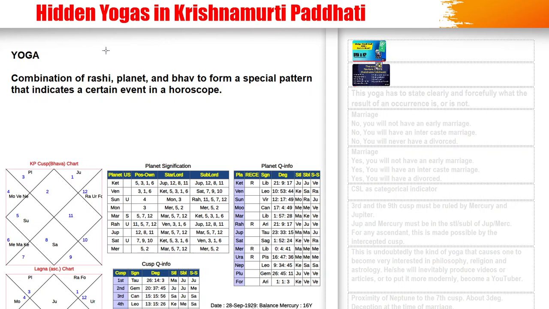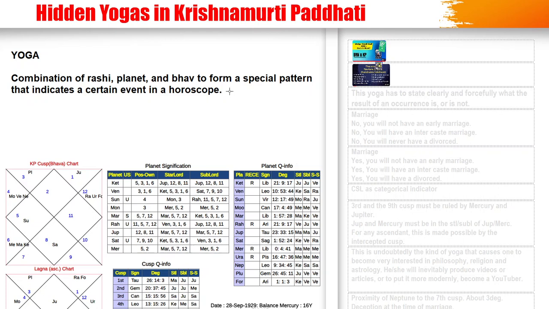So what is a yoga? We can say that a yoga is a combination of rashi, planet, and bhav to form a spatial pattern that indicates a certain event in a person's horoscope. We'll take up this particular horoscope in a while, but let's first look at the scope of yogas in the